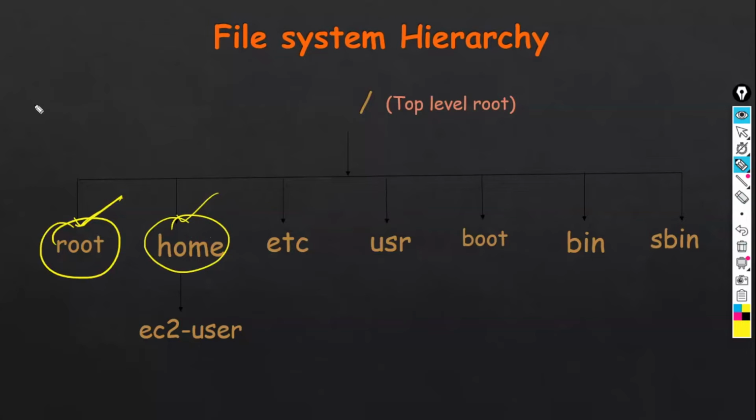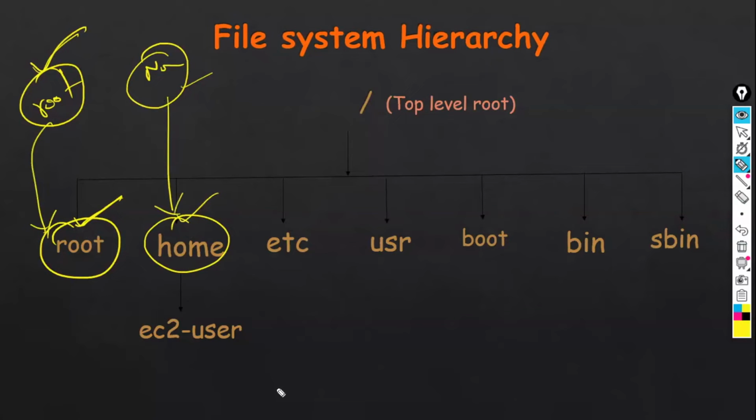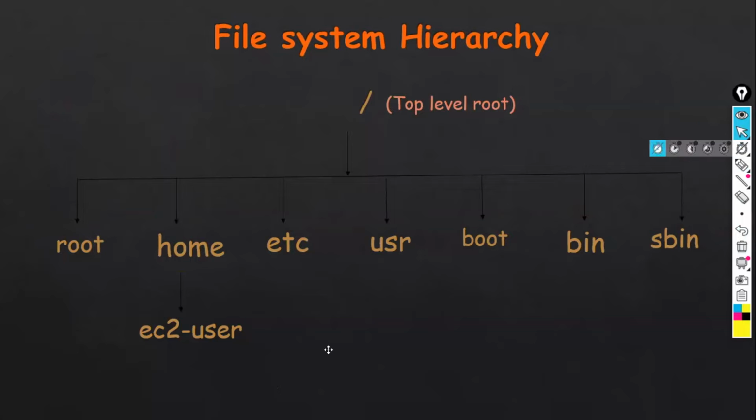First of all, the difference between root user and normal user. Root user is like an administrator. He can do anything. He will have all permissions. Normal users will not have all permissions. They will have some restrictions. So the owner is like root. Root is under the root directory. Normal users are under the home directory. In which scenario we will use root, you will understand later. How the top level root looks, I can show you practically once I launch the Linux server. Okay, Shilpa, once we launch the Linux machine, I can show you practically.